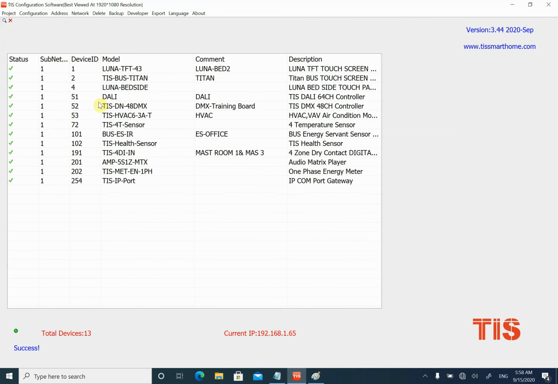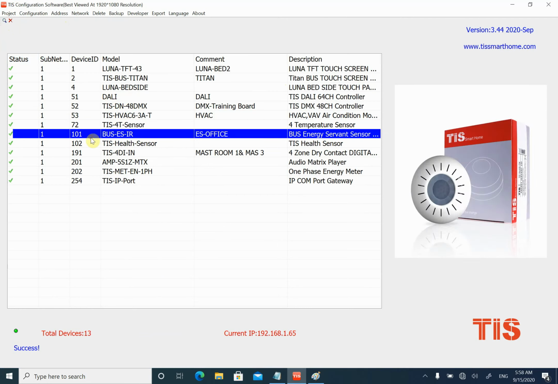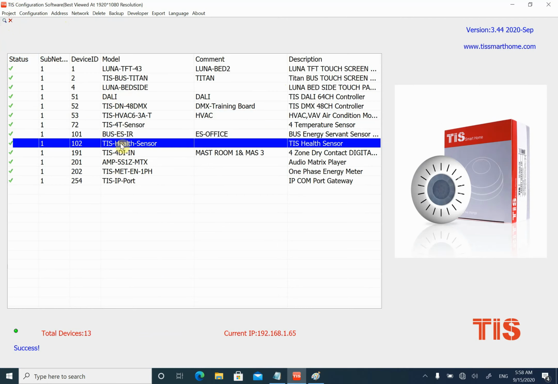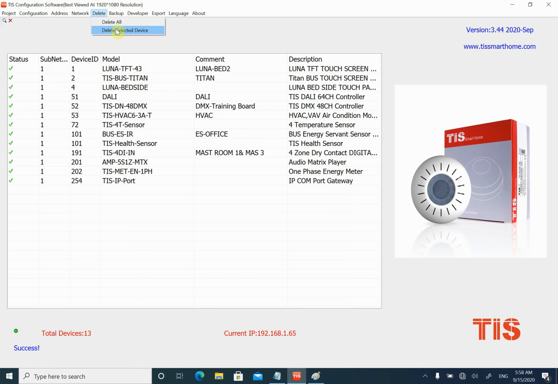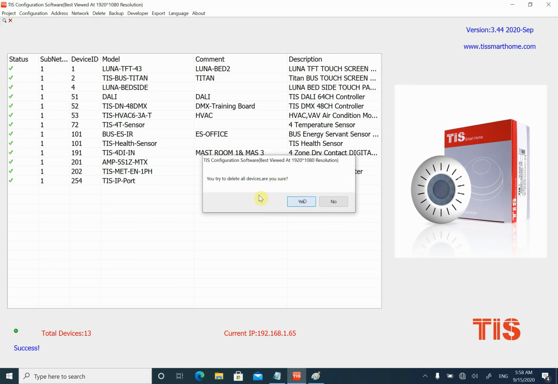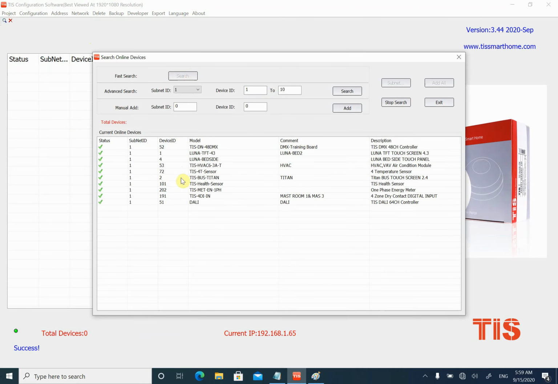Okay, let me check. For example, here we have two sensors. One of them is an ES sensor and one of them is the health sensor. I changed the address of the health sensor to device ID 101, the same as my ES. Okay, it's saved. Now I delete all of the devices and now search. You can see here it only finds the health sensor,